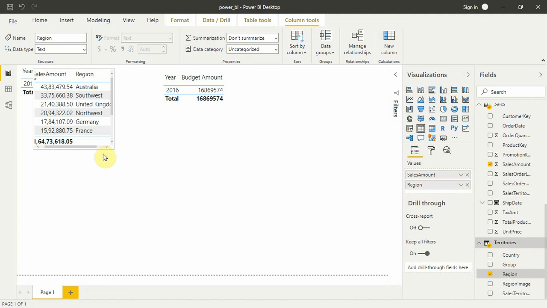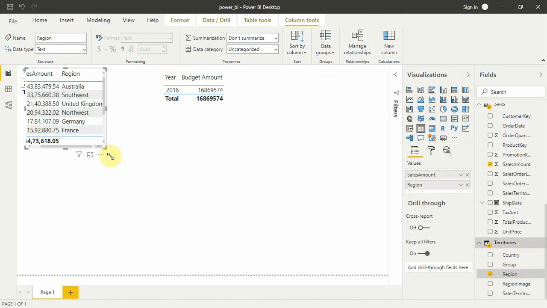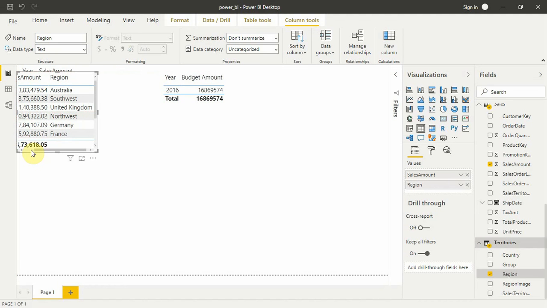So I think you must have understood the power of Power BI right now. You must have understood the power of modeling, and I think now you'll be comfortable making your own tables, because most of the time we place some tables in reports to see how many sales it has done, because it's pretty easy to read. So now you know in which region how much sales you did. You can know which rep did sales.